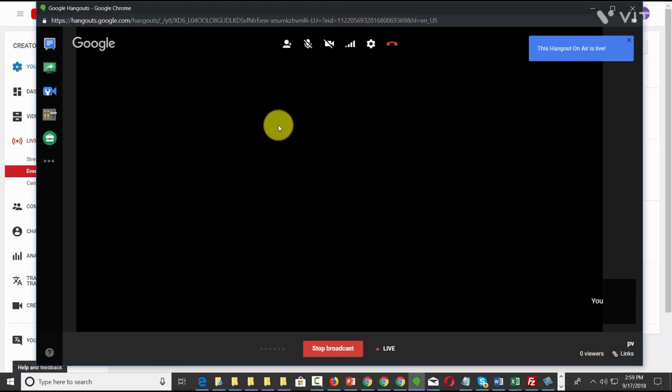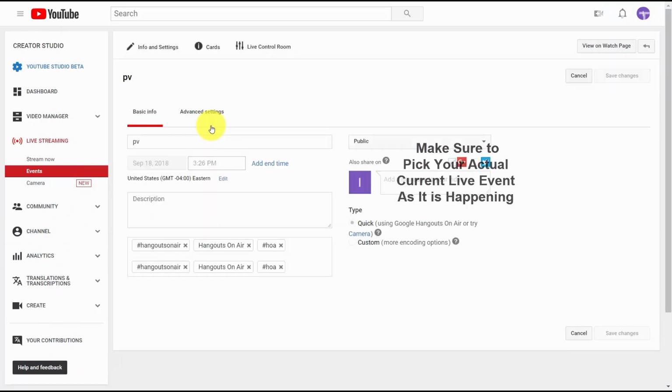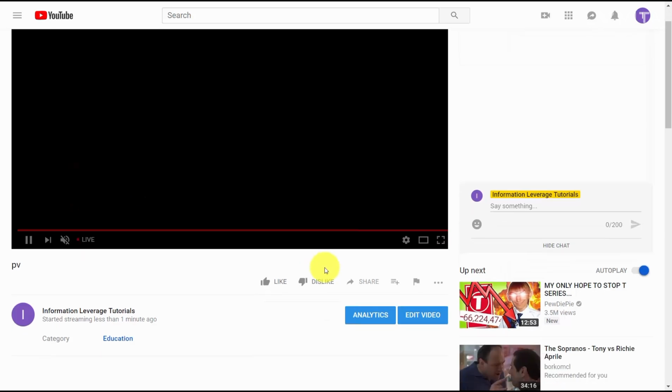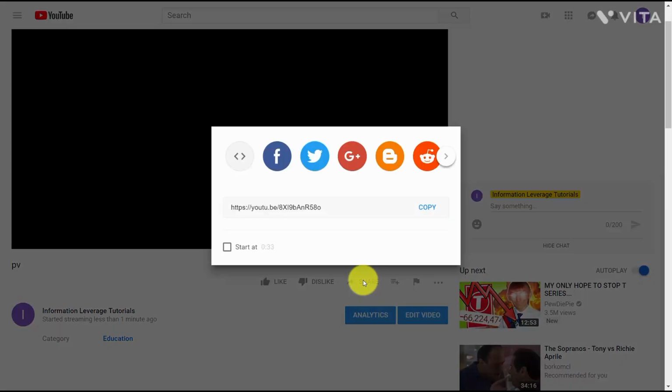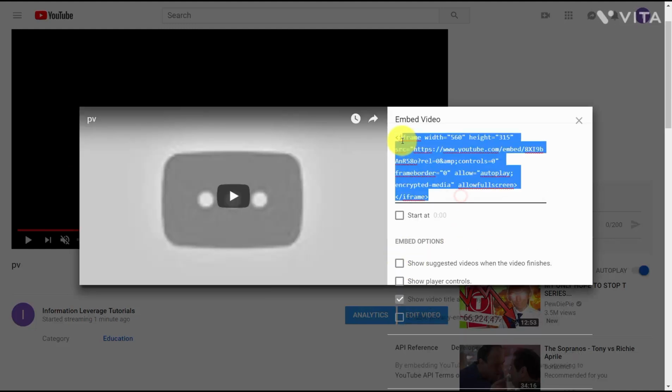YouTube Live. We can go inside of our page by clicking this edit button, and we can then click view on watch page. And you'll notice then that our stream is live here. And what we would do then is go to the share button, then click the embed button. We can then take care of the embed options, grab the code,